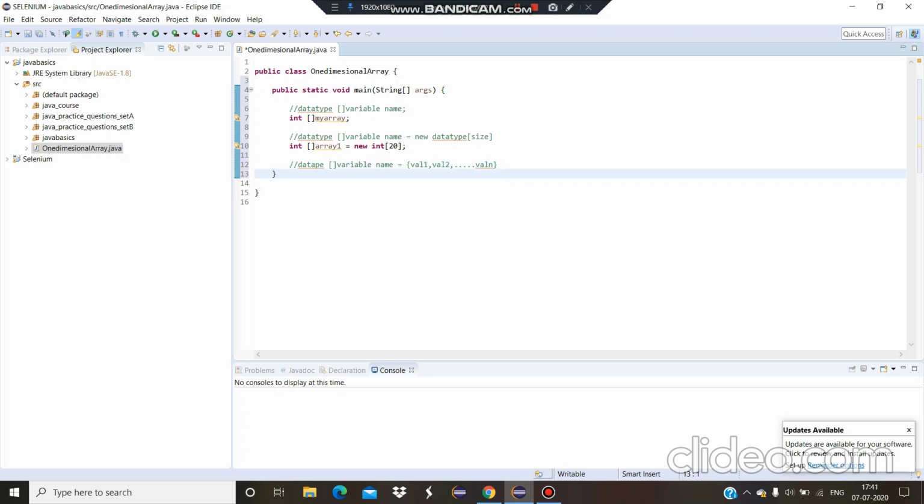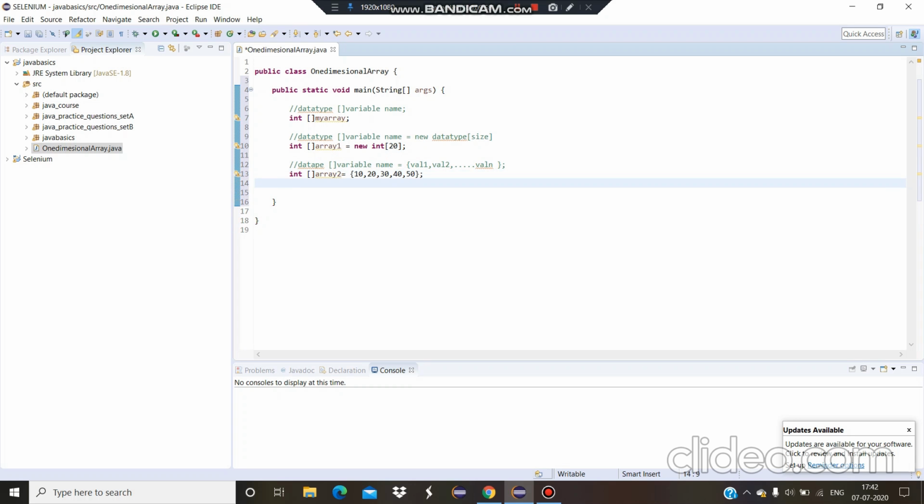So this is the way if you know the values that you are going to store but don't know the size, you can declare like this. The syntax is there. I will show you the real one. array2 equals 10, 20, 30, 40, 50.